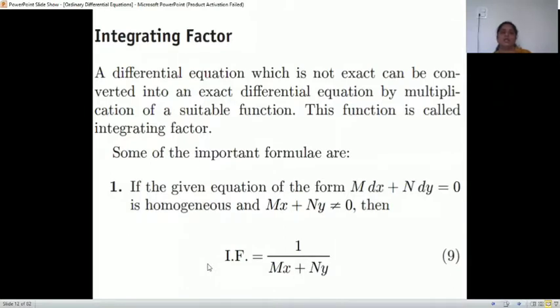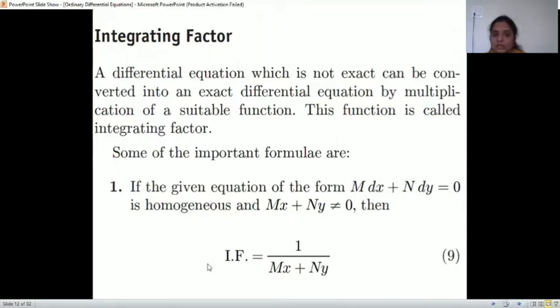Okay, next is integrating factor. A differential equation which is not exact, remember, if exact, we can directly integrate y constant terms not containing x and equal to constant of integration. But if it is not exact, then we can make it exact by multiplying some suitable factor, and that factor is called an integrating factor, right? So there are some conditions for that. Okay, if your equation is not exact, we have checked mdx plus ndy equal to 0 is the equation, but dou m by dou y is not the same as dou n by dou x in this case. So your equation becomes non-exact, right?